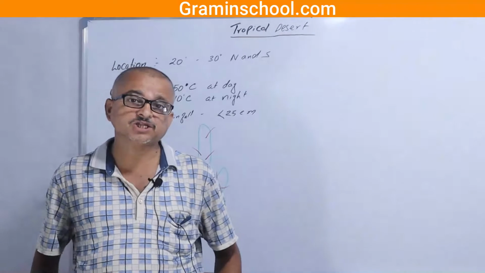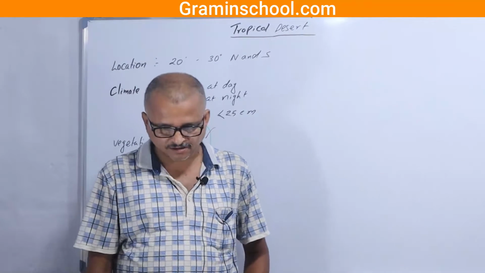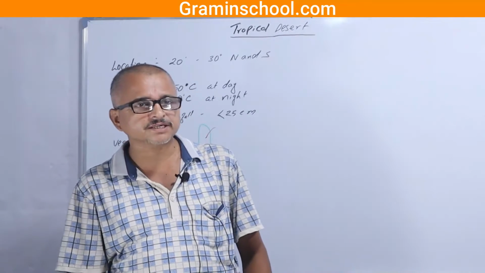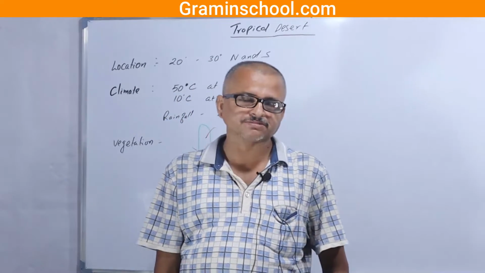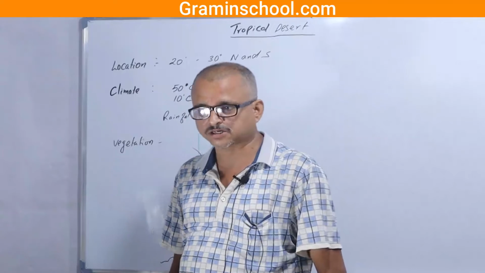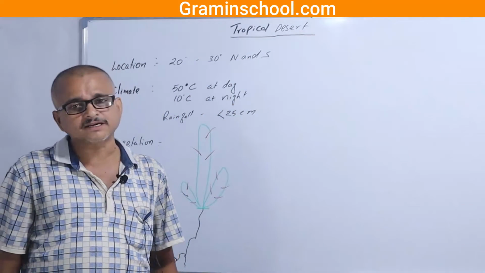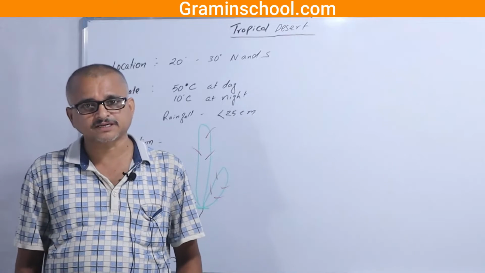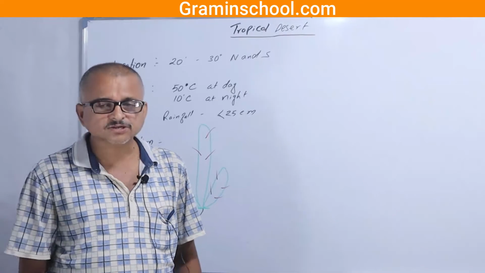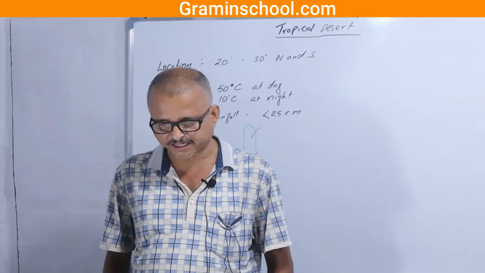Tropical desert means hot desert. There are two types of desert: tropical desert, and another you might have heard the name of, cold desert. Gobi desert is a cold desert. Manang and Mustang are cold deserts. Okay, two types of deserts are there, and here the topic is tropical desert, which means hot desert.